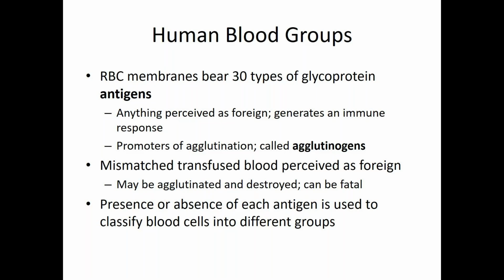What this means for us is that if you have the wrong name tag, the body does not perceive this as being a blood cell, perceives it as being a foreign invader. They attack it. Okay? We get clumping or clotting, right, which is where the first part of the DIC issue with the transfusion comes from. And the blood cells are not useful to you, they're dead, right? And they also form thrombi. That can also kill you as well. So generally speaking, if you have the wrong parts, it's not going to do you any good at best. It's going to kill you at worst.